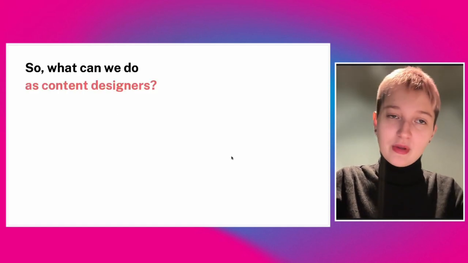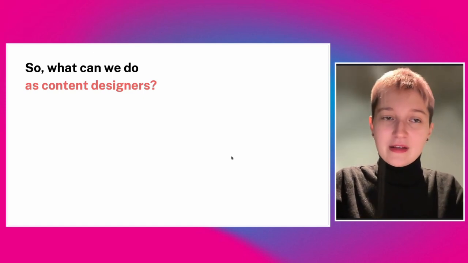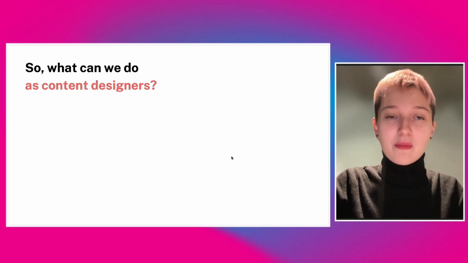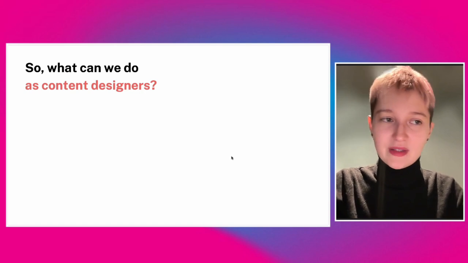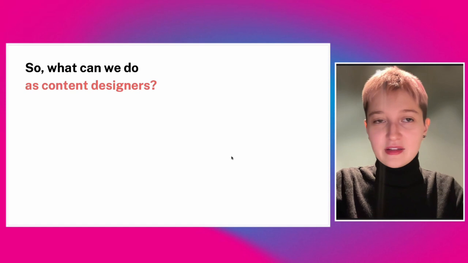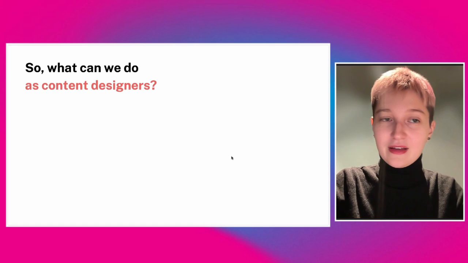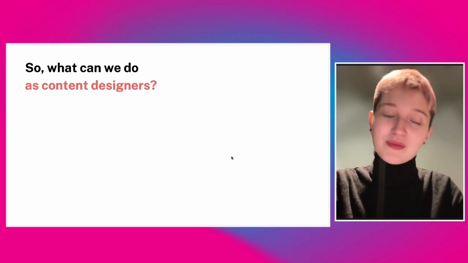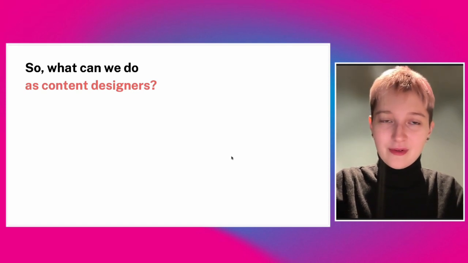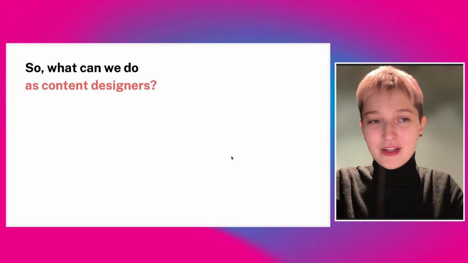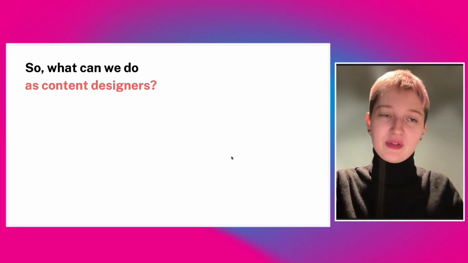And then we get to a point when we think about what we can do as designers and as content designers specifically. Me, as a content designer working mainly with words, I can look for good practices. I can look at the W3C website. I can look for accessibility guidelines. I find a lot of guidelines, but mostly related to visuals, to contrast, which I think can already be considered common knowledge, but there isn't that much to find when it comes to content, the way we design information,